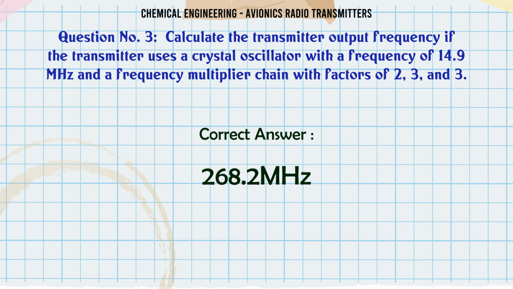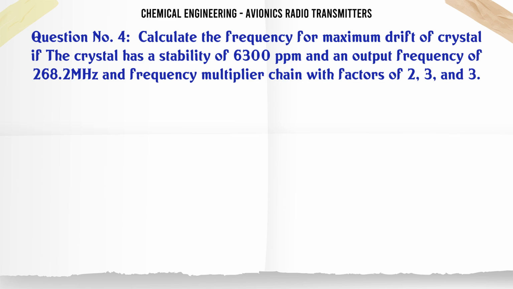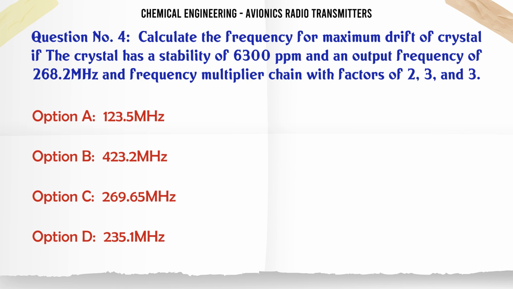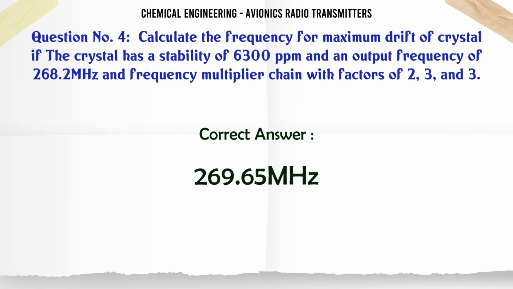268.2 MHz. Calculate the frequency for maximum drift of crystal if the crystal has a stability of 6300 ppm and an output frequency of 268.2 MHz and frequency multiplier chain with factors of 2, 3 and 3. A. 123.5 MHz. B. 423.2 MHz. C. 269.65 MHz. D. 235.1 MHz. The correct answer is